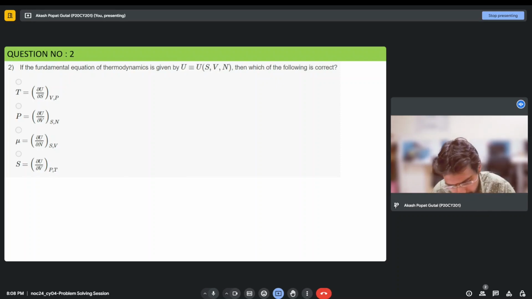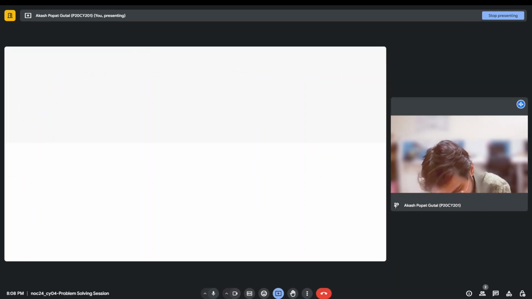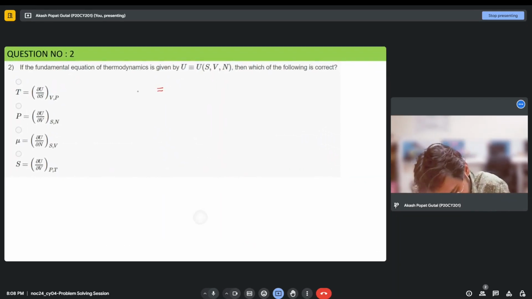So we know the thermodynamic property that internal energy U is a state function, and being a state function, it is an exact differential, and because of its exact differential, we can write its change in the form of